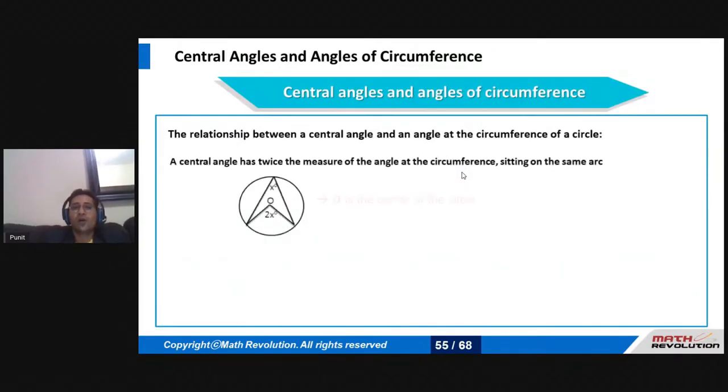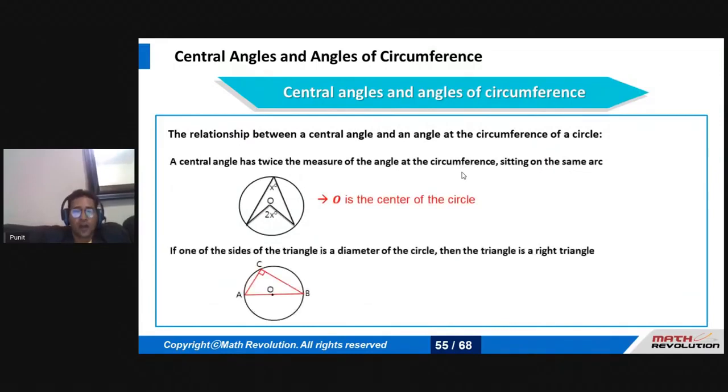Now, this is one of the most important theorems that you have to remember always. Many a time the question directly comes, so maybe the application of it is seen. The relationship between the central angle and the angle subtended at the circumference: the central angle has twice the measure of the angle at the circumference. So if the central angle is 150, the angle at the circumference would be 75. If it's 130, it's 65. The angle subtended at the semicircle is 90 degrees. These are the two properties that have to be always remembered.